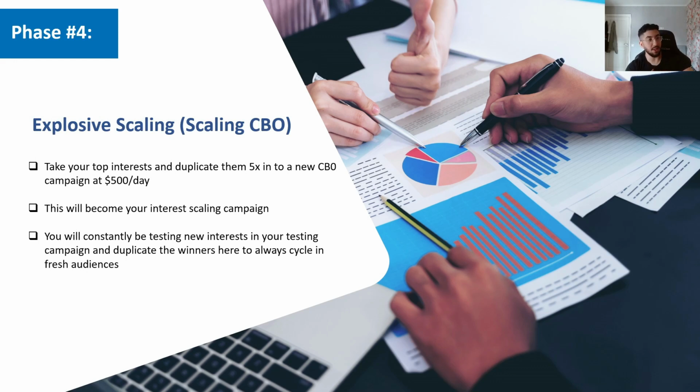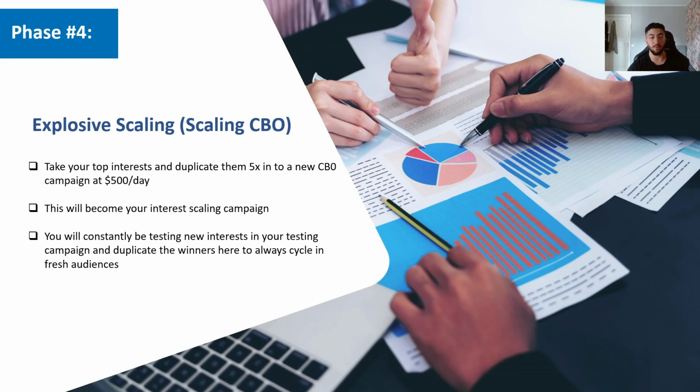CBO. So take your top interests and duplicate them 5 times into new CBO campaigns at $500 a day. So what I mean with this is, for example, say your interest for, I don't know, football or Messi has worked very well, so you duplicate Messi 5 times, and the interest is still Messi. You will duplicate it 5 times into a new CBO, and why you duplicate 5 times is to reach more